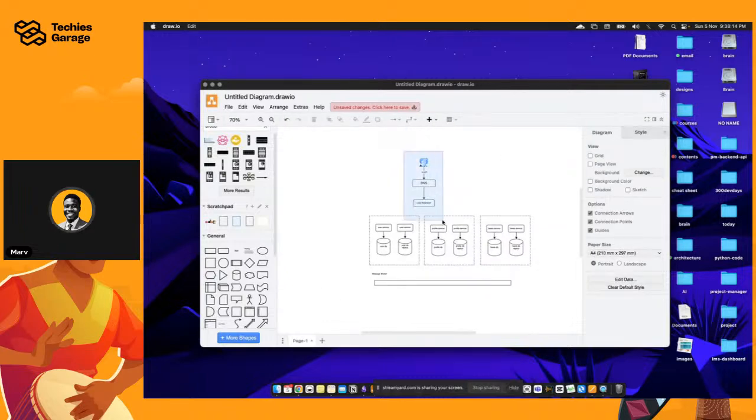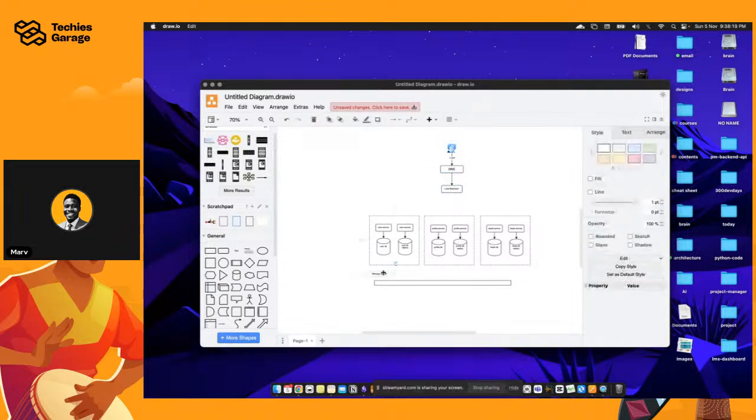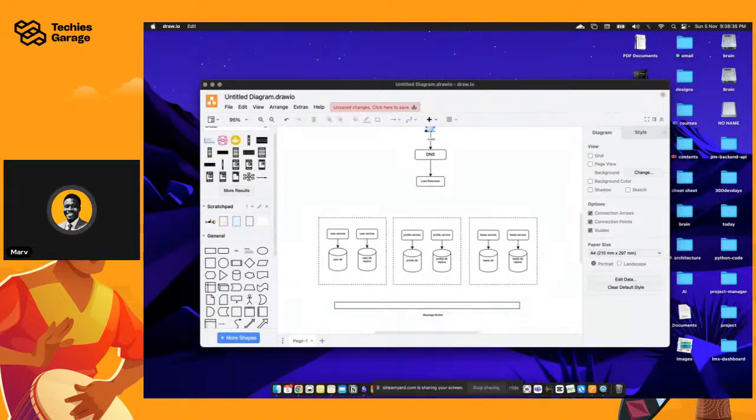Okay, so I'm going to check the chat now to see if I have any questions before I proceed. I just want to make sure that we're all following, right? So this is our message broker right here that is going to aid the communication of the individual services. Remember, I told you that you can of course use something like Kafka. You can use RabbitMQ, but for now, let me check out the messages in the chat if there's any message in the chat.